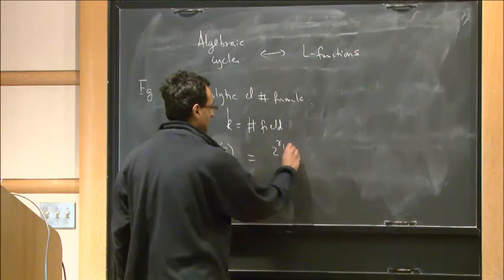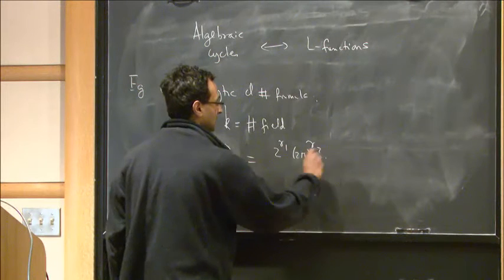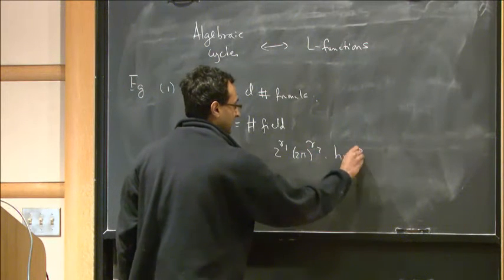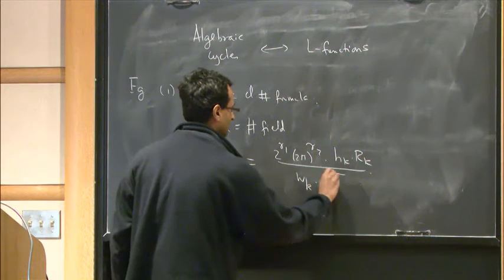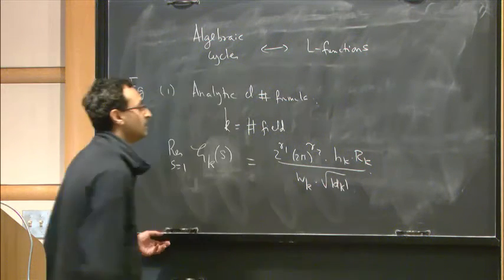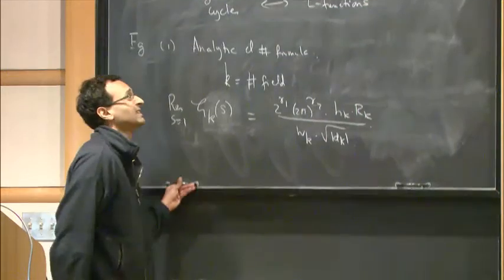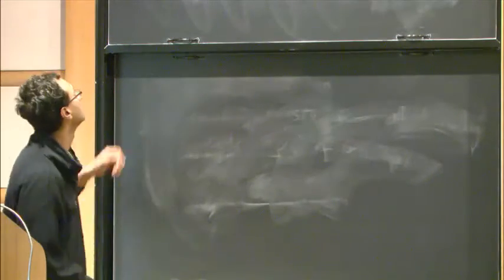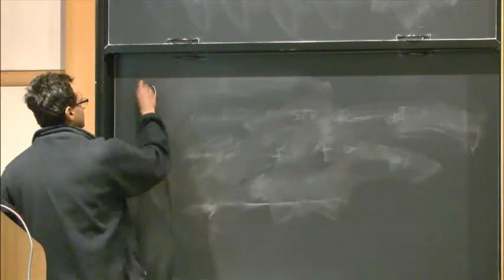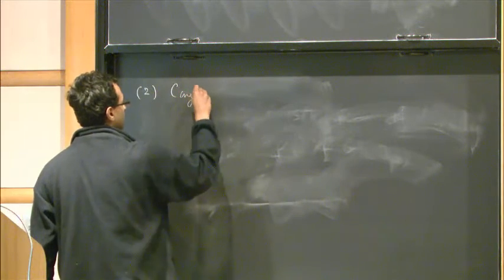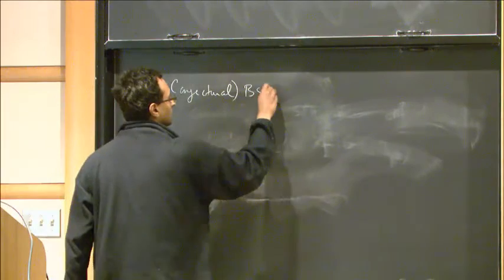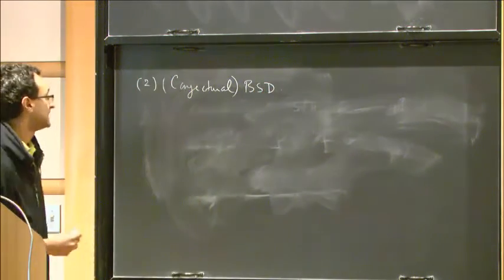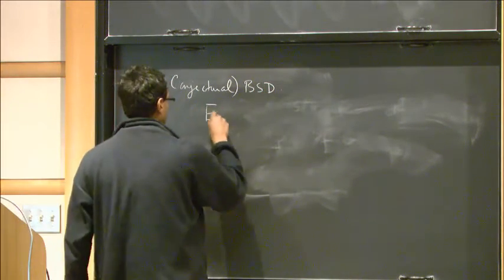So it looks like this: 2^{r1}, (2π)^{r2}, the class number, the regulator, and then you have the roots of unity, the square root of the discriminant. Okay. All right. So that's something all of us have seen. Here's another example. This is the conjectural Birch and Swinnerton-Dyer formula, which says that if you start with an elliptic curve,